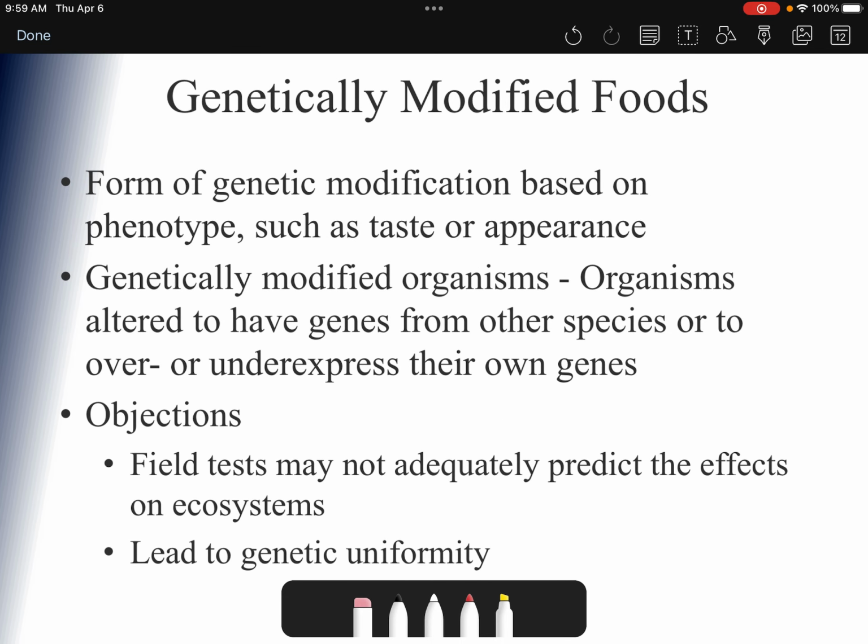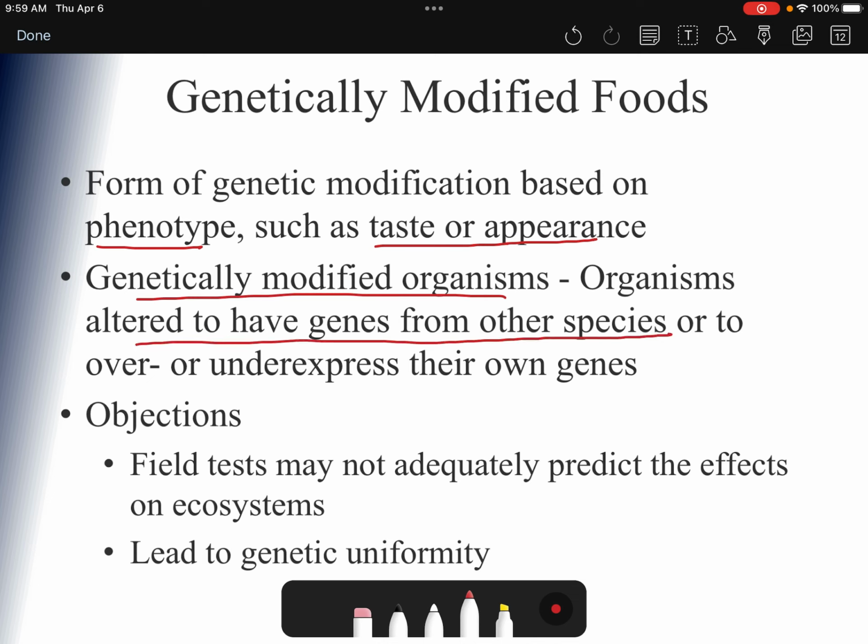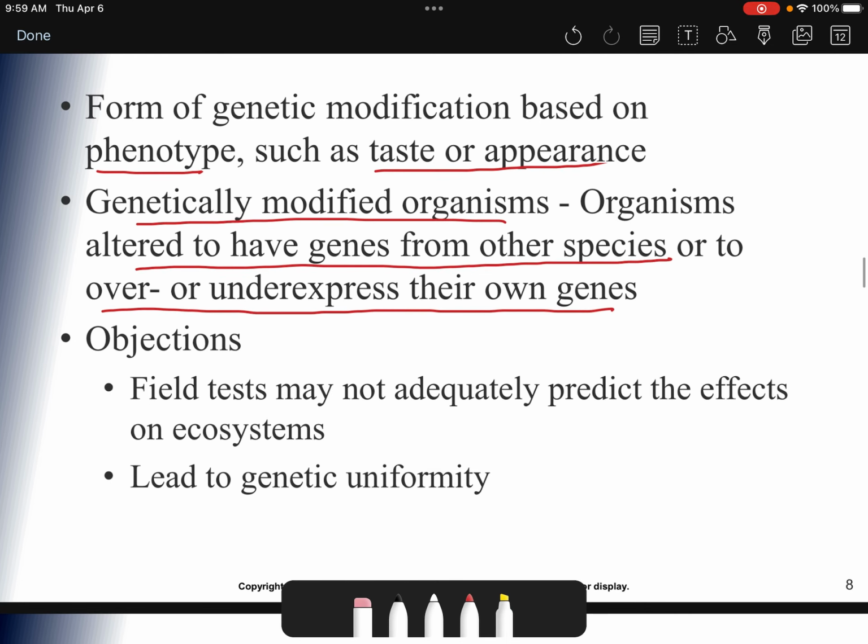Other things that sometimes you might hear about are genetically modified foods. Usually when food is going to be genetically modified, it's based on phenotypes such as taste or appearance. Genetically modified organisms, when we talk about GMOs, have altered genes from other species to over or under express their own genes. Again, genetically modifying foods, which are usually in the form of plants and so on,